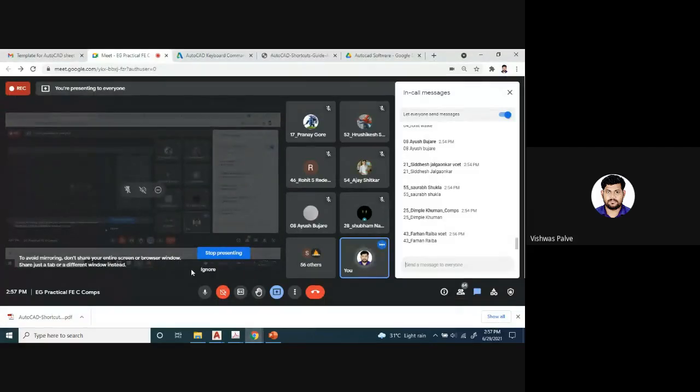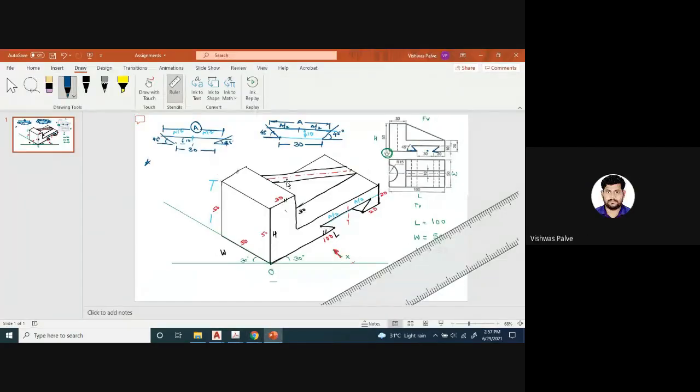How many of them are seriously listening to the lecture? Attendance, it is 64%. Practical attendance 64%, but sorry, 64 students are there. But I don't know if all of them are listening carefully or not. Okay, I will check randomly. You take time. You have to complete this anyhow. The assignment you have to complete it.